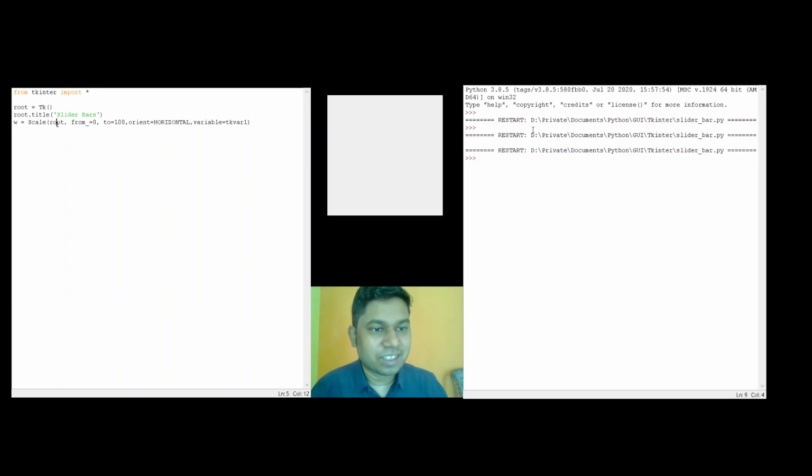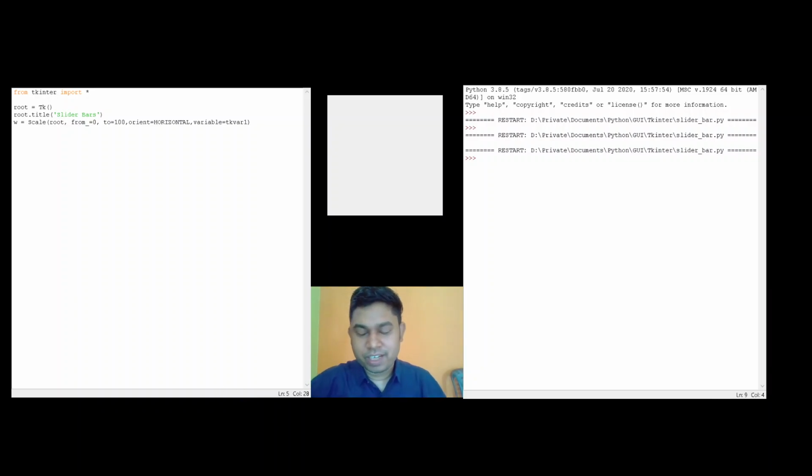Now scale is in root and then I need to define my initial and final values of my slider bars. So I have defined here 0 to 100 and then I need to define my orientation. So here I want my slider bar to be horizontal and then I want a variable to be associated with the slider bar so that I can fetch the values.